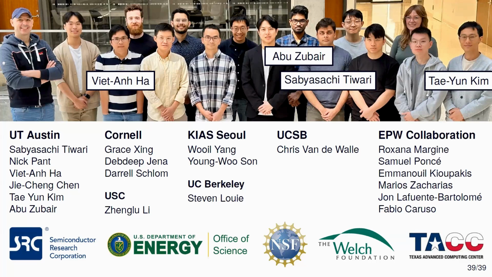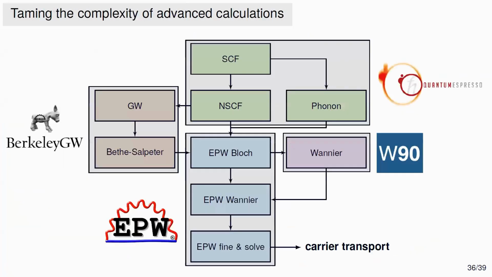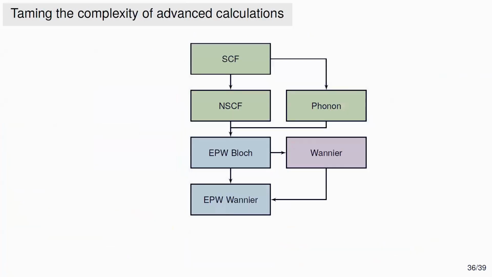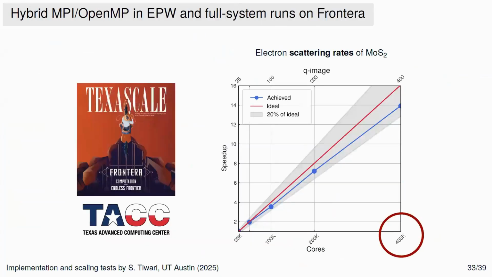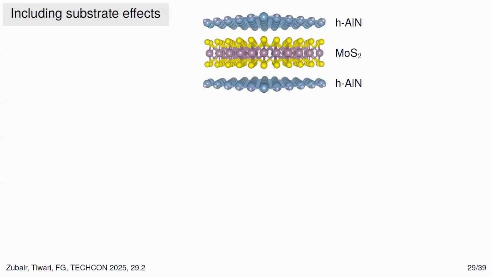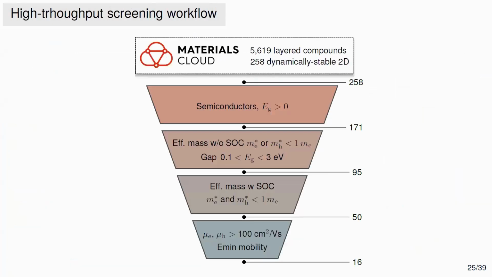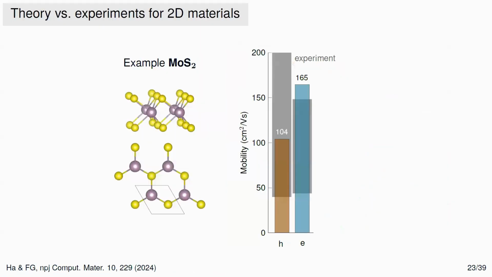Really nice talk. Thank you. Slide 23, you showed the range of mobility for reported literature for MoS2. And as experimentalists, I want to report what you can best compare to your calculation. So is that range field effect mobility, effective mobility, Hall mobility? That range is Hall mobilities. All just Hall mobility? Yeah, yeah.